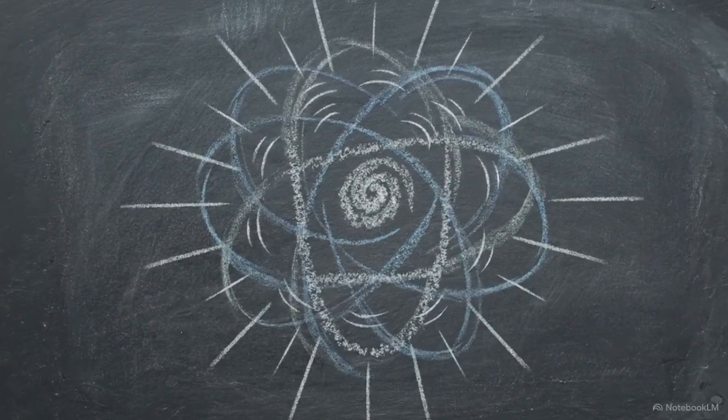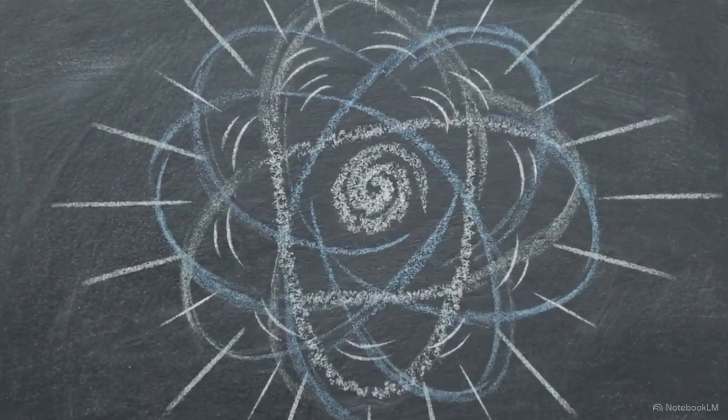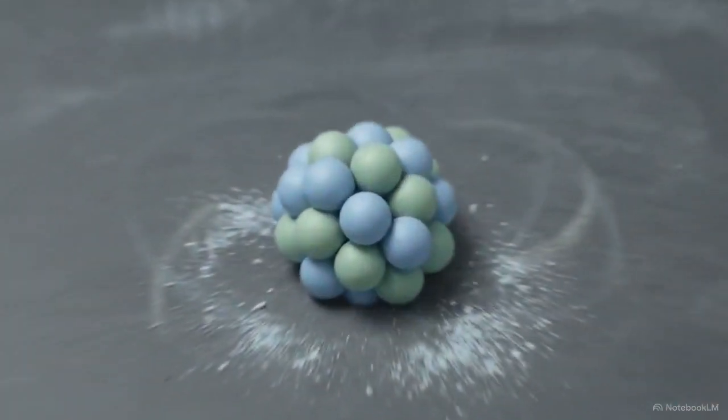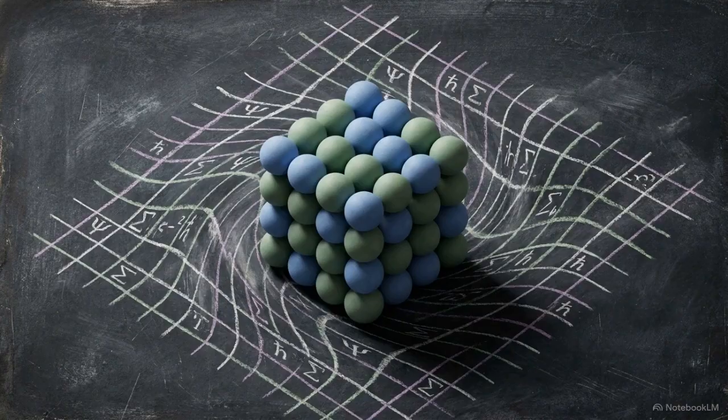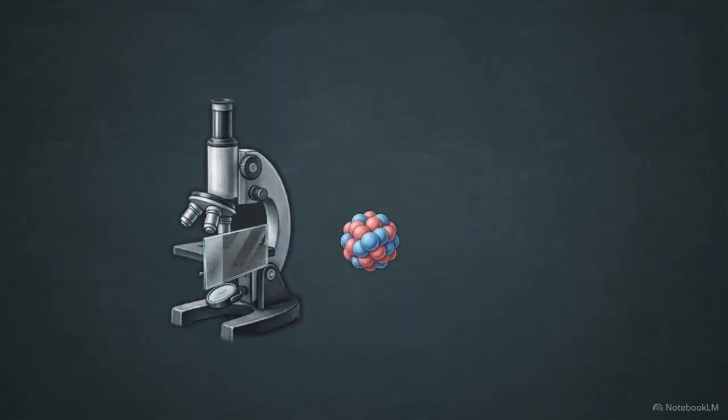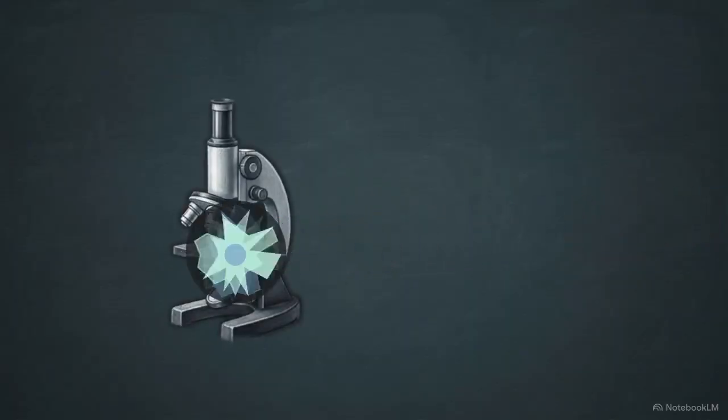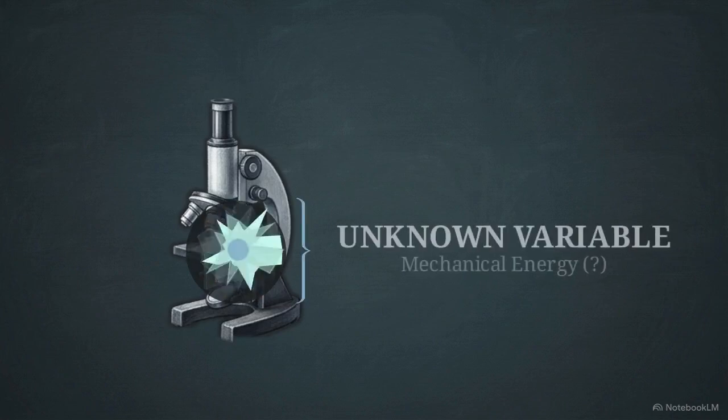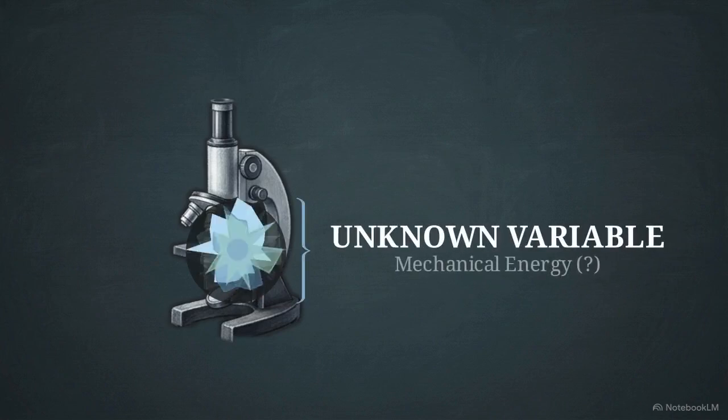If you zoom in past the electron cloud, straight into the dead center of an atom, you hit the nucleus. It is impossibly small, totally invisible to the human eye, and governed by quantum forces so complex they almost defy physical intuition. This presented early physicists with a massive problem. How do you accurately calculate the mechanical energy of an object that you can never actually put under a microscope